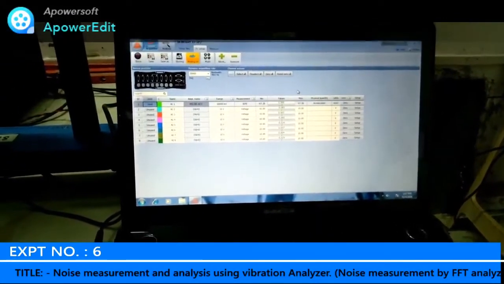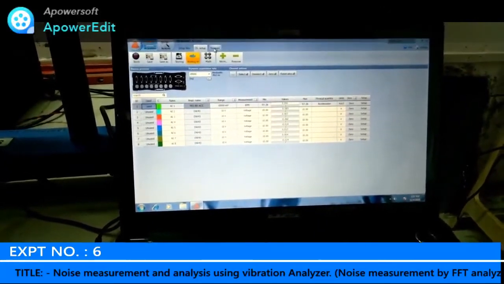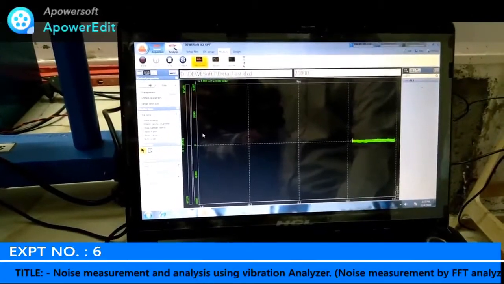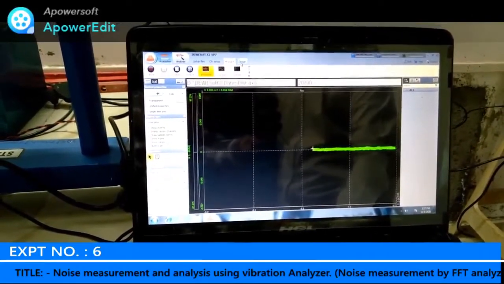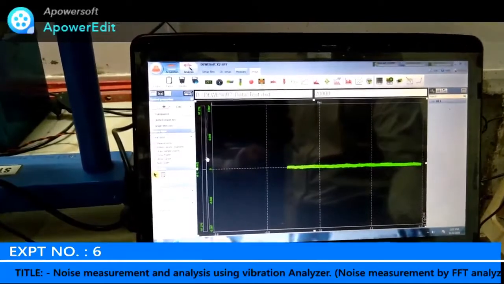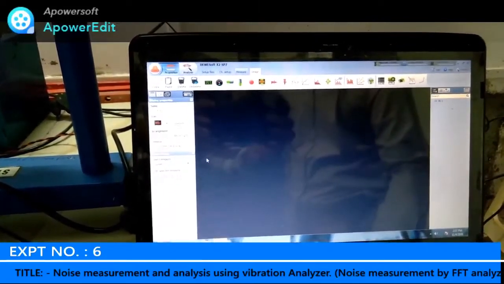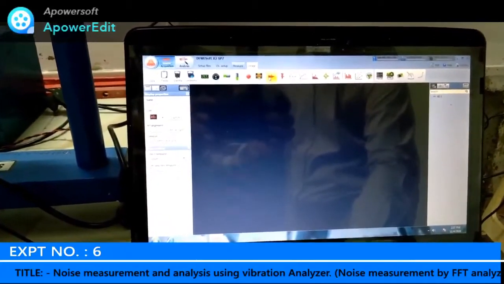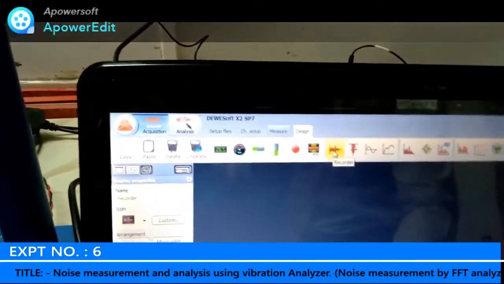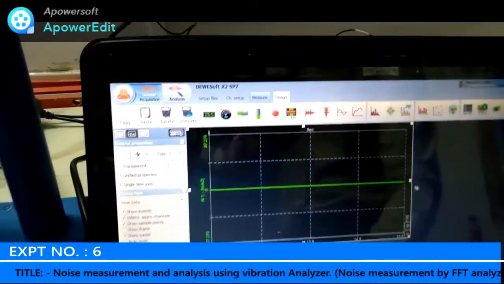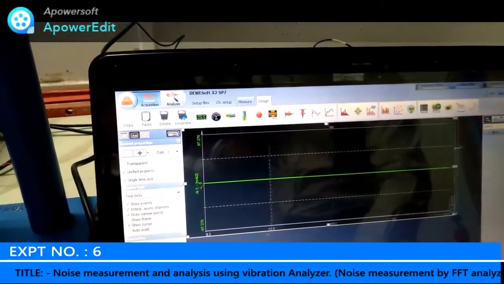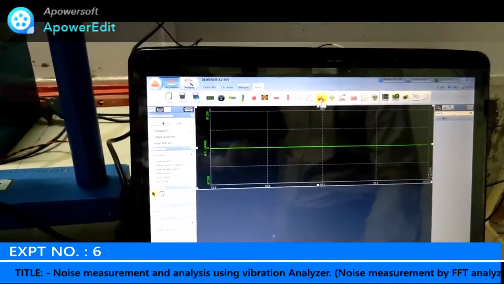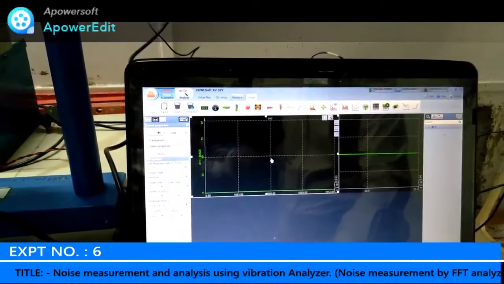Now we need to measure the natural frequency, so we need to go to measure. After going to measure, we need to design the experiment. Other parts I will delete. In order to measure the natural frequency, I need to take a recorder, so I will click on recorder. I will set the window, and afterwards I will make use of FFT. Okay, so I had selected FFT.